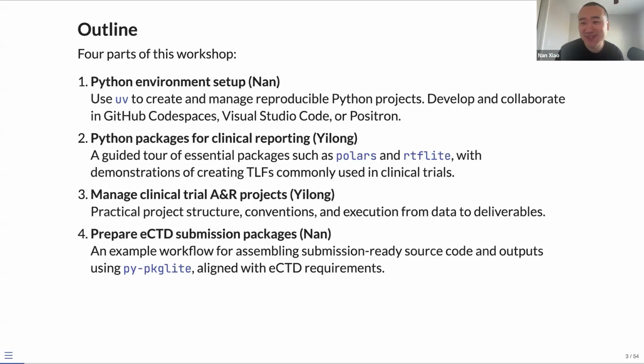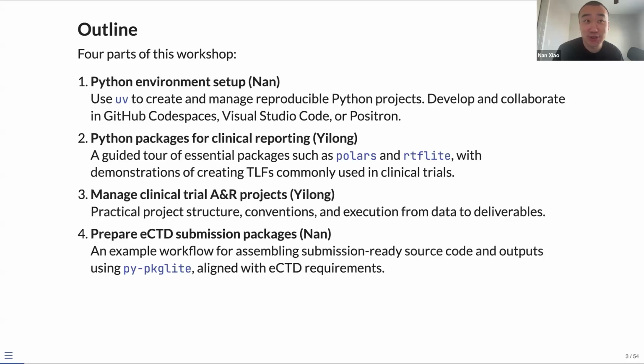If there's only one take-home message you can take from today's presentation, it's not our own tools, RTF Lite, Package Lite for Python, and everything else. It is that you should actually learn UV and use UV to manage your Python project environments.